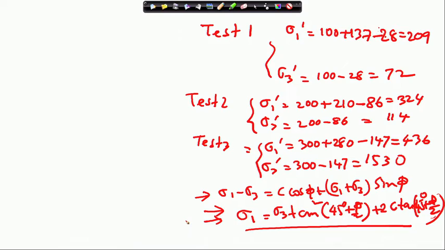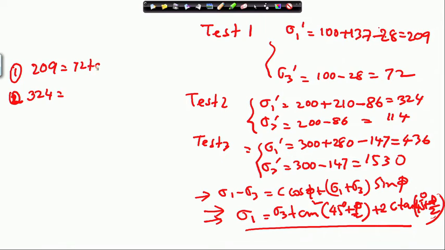If I use this form, from test 1 I get one equation. This is about test 2, so test 1: 209 will be equal to